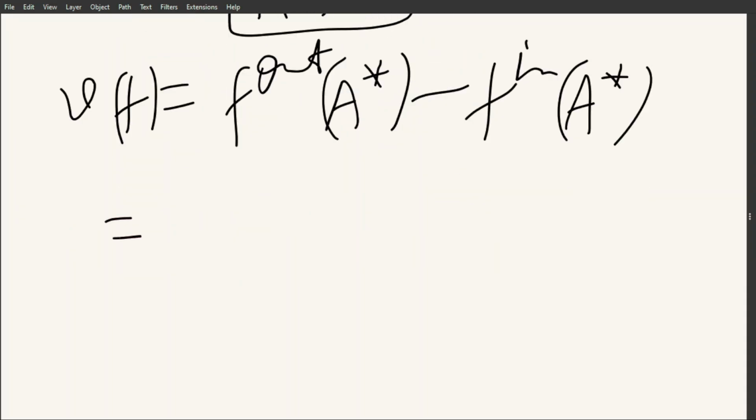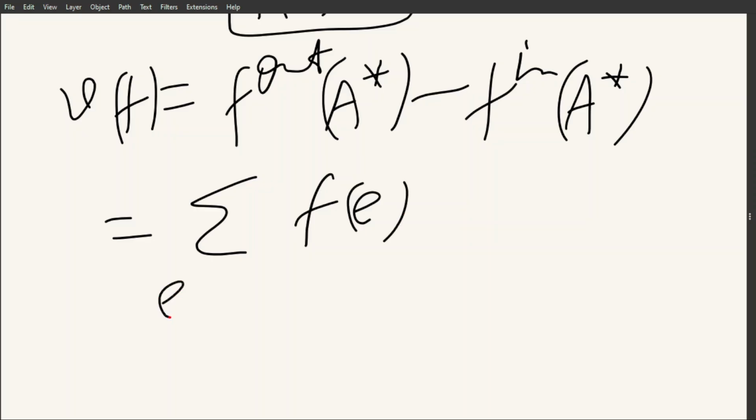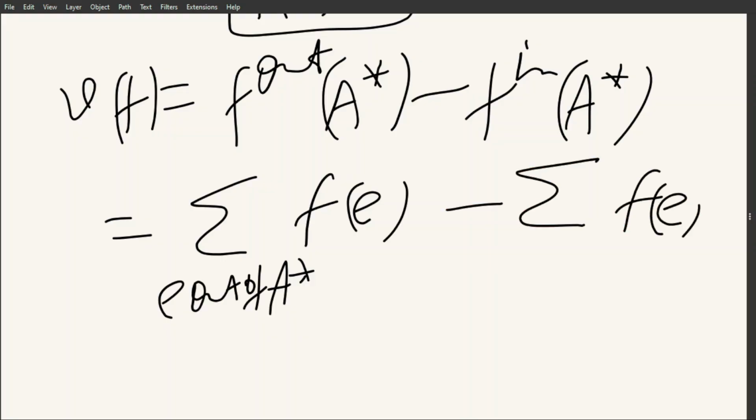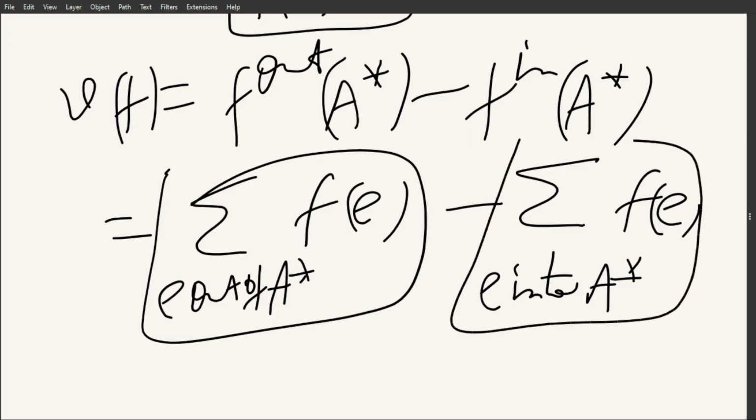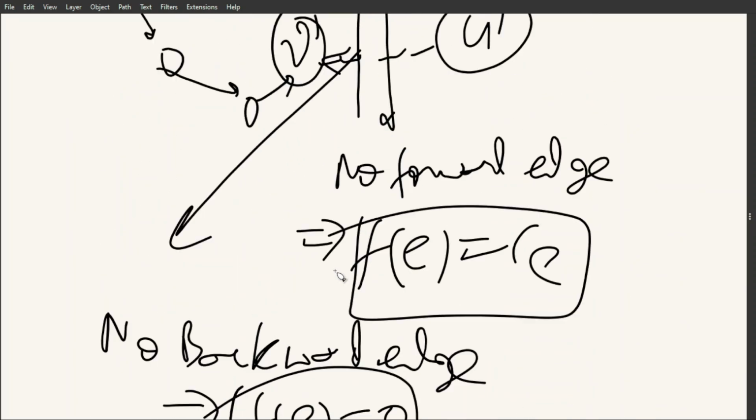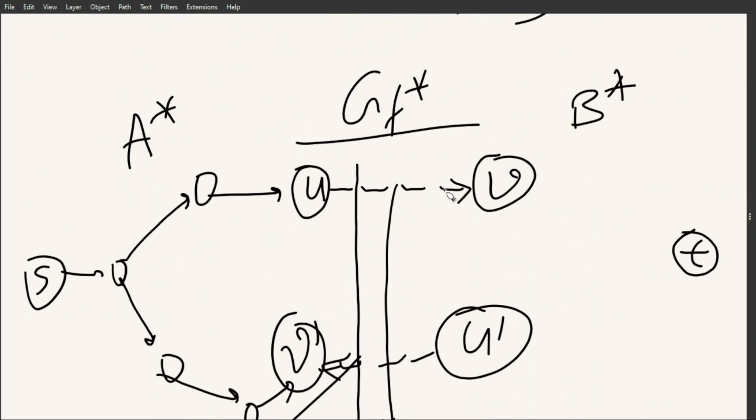So further we write this as the sum of all f(e) for e out of A star, minus the sum of all f(e) for e into A star. So this is our formula for the flow. Now just simplify using our above observation. If e is out of A star,